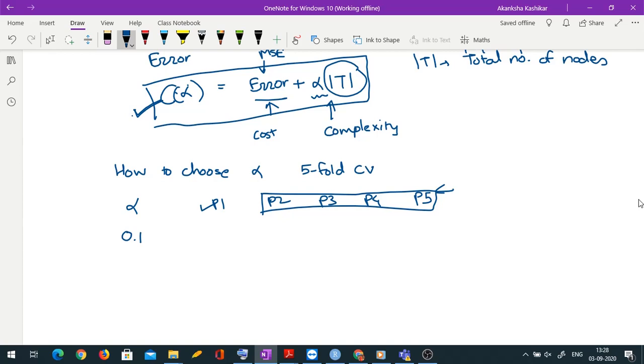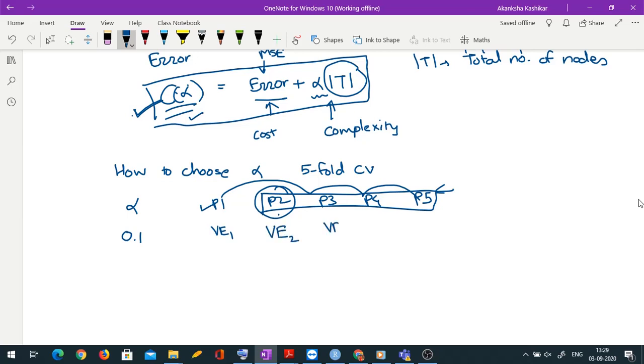Okay, then I can get error for that. Remember, I am still talking about regression trees. Okay, we have not yet entered classification trees. So I'll get error from this sum of squared error kind of thing. That can be called as VE1, validation error, when the first part of the data is kept aside. I'll repeat this exercise by keeping P2 aside. So I'll keep this second part aside. I will fit a big tree for P1, P3, P4, P5 combined as the training data. Then with alpha equal to 0.1, I would evaluate the cost and I would prune the tree to get the minimum cost, and that would become VE2.